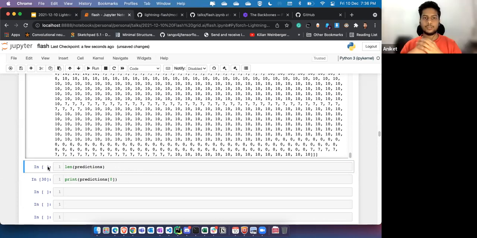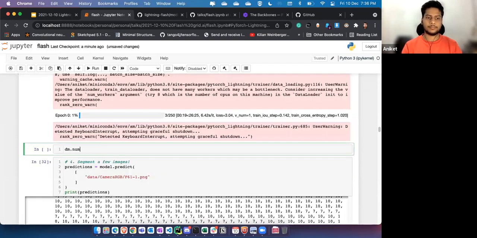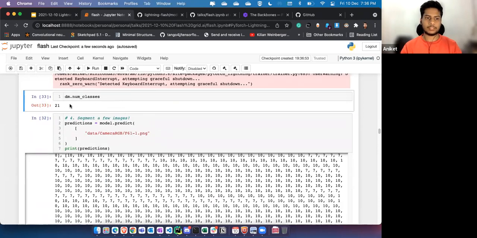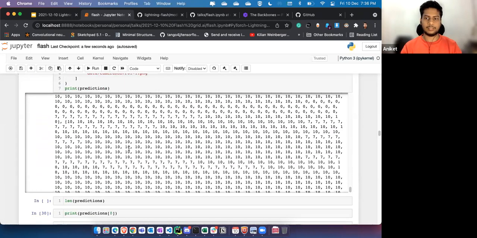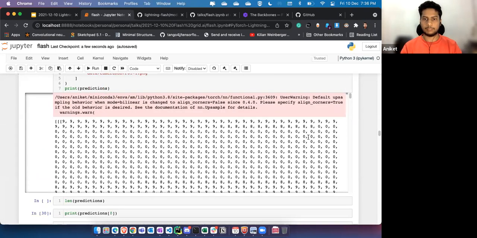If you have only a single class, in case of human face, it will give the same image with value 1 around the face in the image, and other values will be 0. In this case, I had number of classes 21, so you can see values are more than 10.